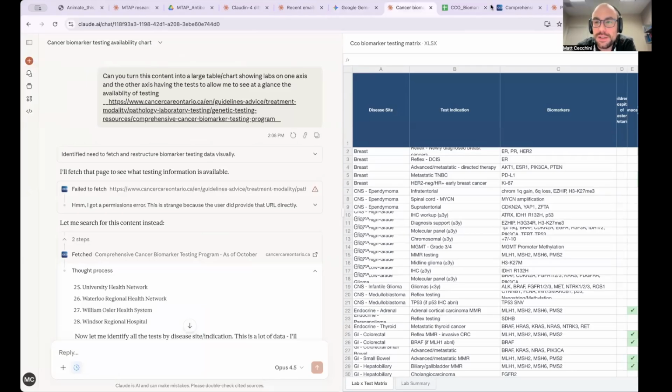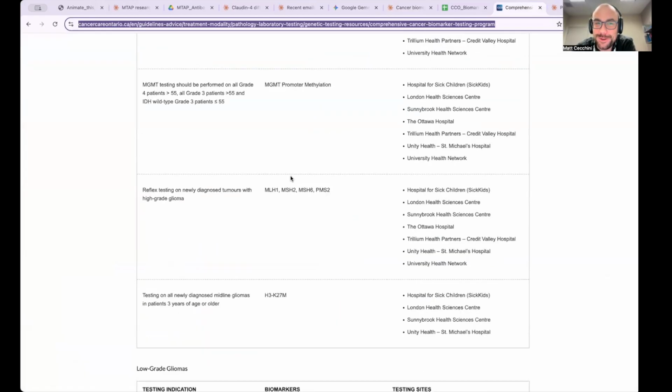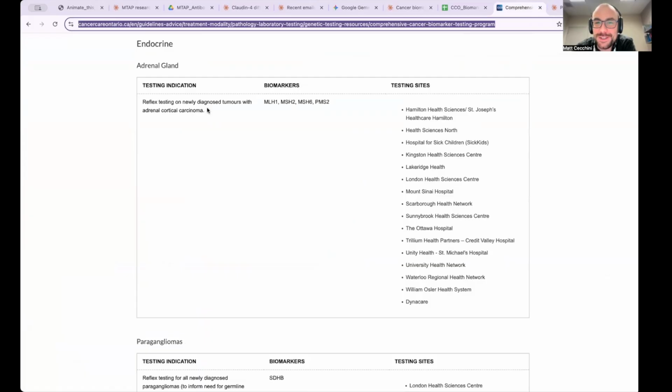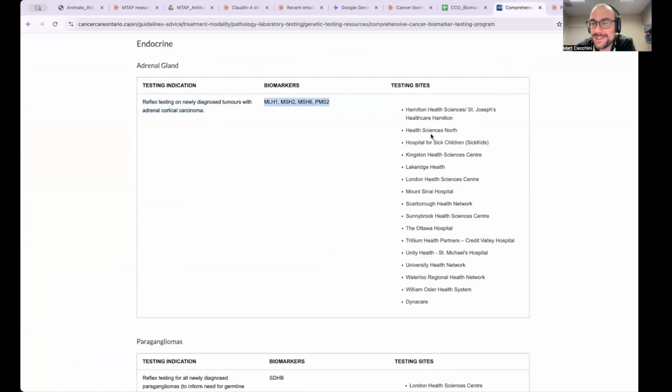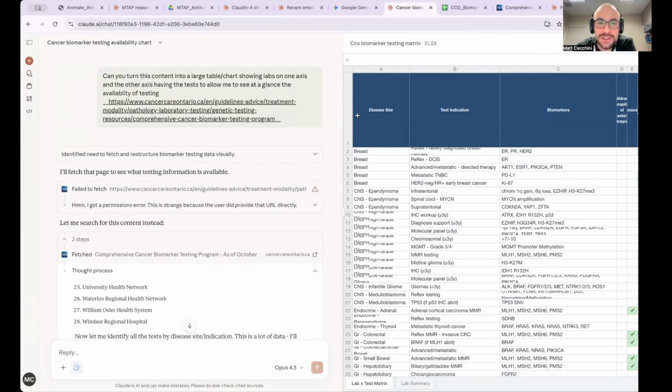And so here is a document, which is all the biomarker testing that's done in Ontario. It's this really, really long website where you have different indications, different biomarkers, and then the testing sites that do them. And it can be really hard to figure out who does what. And so what I did was I just asked the AI tool here to turn this into a large table chart with one axis showing the test and the other one showing the labs and indicate which ones can